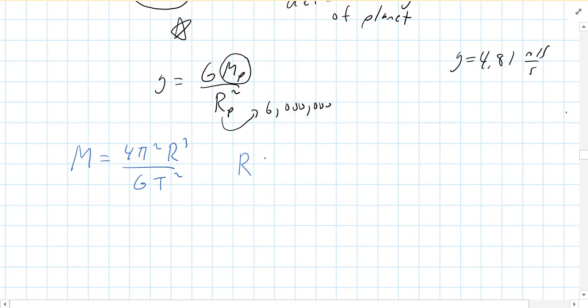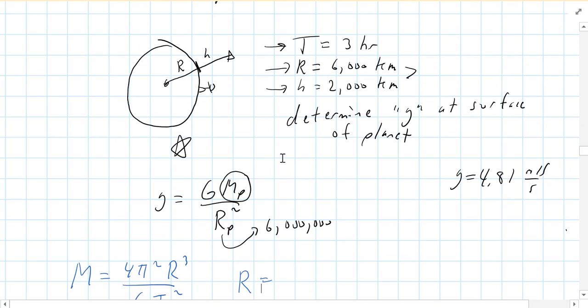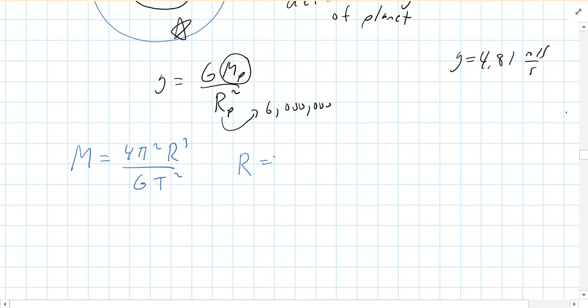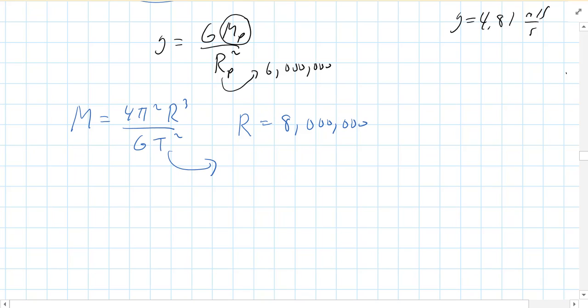For r, in this case, well, we need the radius of the circular orbit that the spacecraft is making. Well, that is 6,000 plus 2,000 or 8,000 kilometers or 8 million meters. So for r, in this case, you'd have to use 8 million. Okay, that's the orbit we're making. For time, we said 3 hours. Okay, but we need that to be in seconds here. So there are 3,600 seconds in 1 hour. And if you take 3 times 3,600, you get